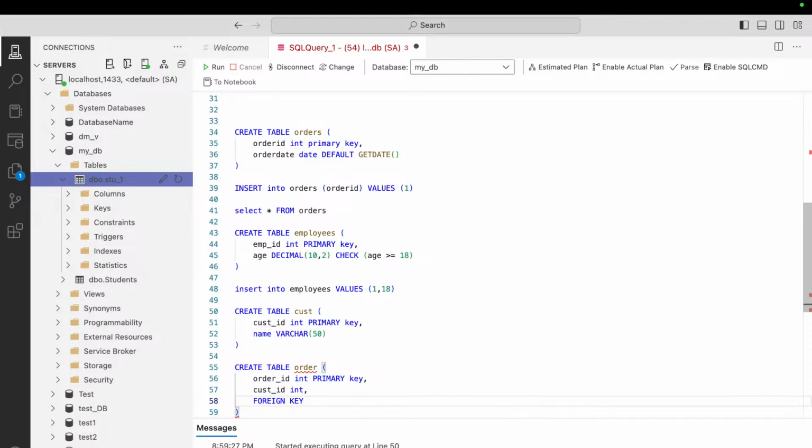Foreign key, on which column do we have to apply it? We are just going to apply the foreign key on the customer ID which is present in the customer table, right? So customer